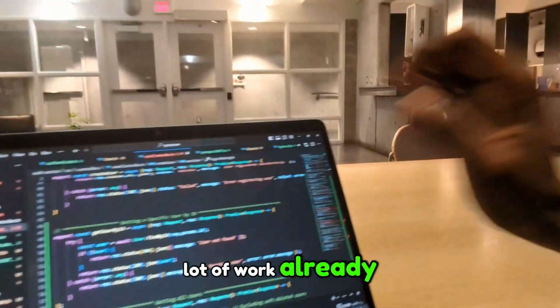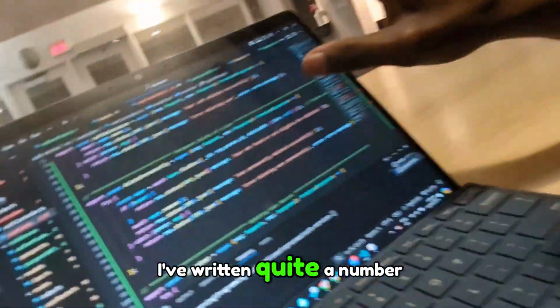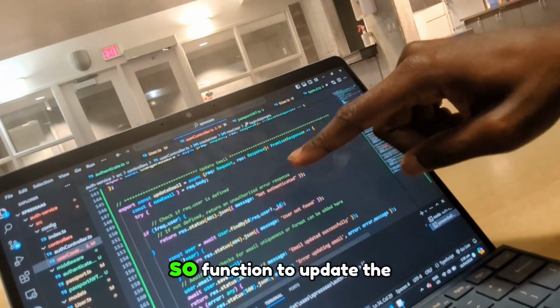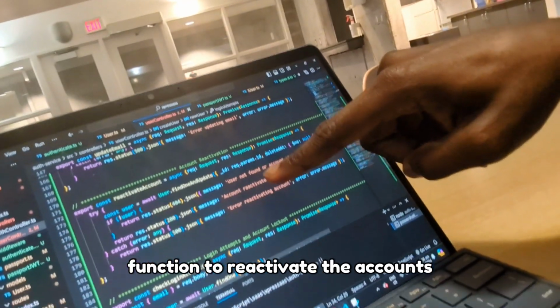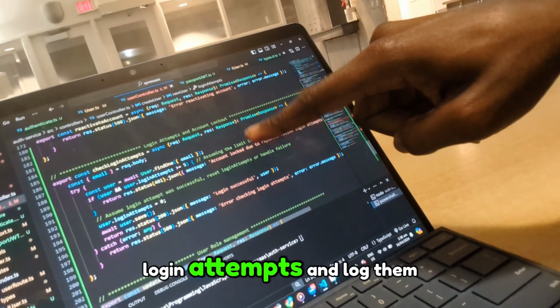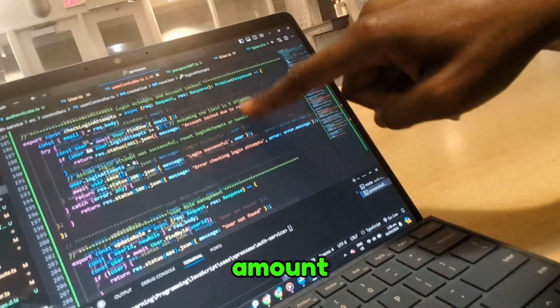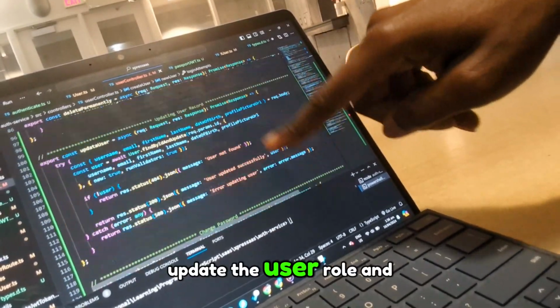I have to go get some sleep. So I've done quite a lot of work already. If you can see, I've written quite a number of controller functions. A function to update the user email, a function to reactivate accounts, login attempts, and log them out if they exceed a particular amount, user role management, so to be able to update the user role and all.